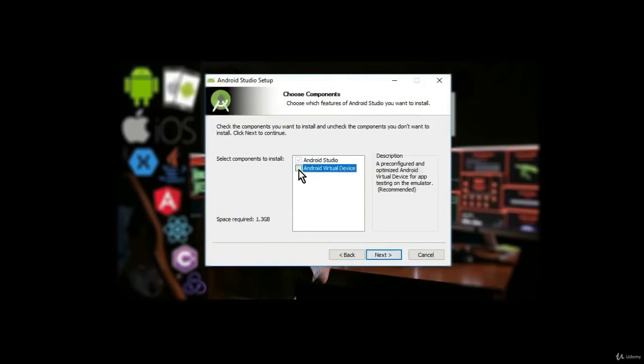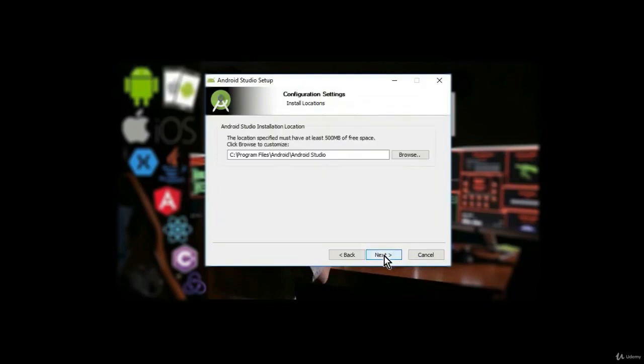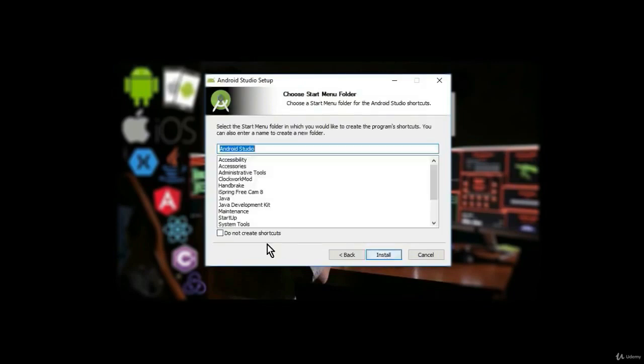and make sure to uncheck this Android virtual device. We will install it once we install the Android Studio, and that is the mistake most people make while downloading and installing the Android Studio, and then their Android Studio does not work properly. So make sure to uncheck this and now click on next, and then click on next, and now click on this install